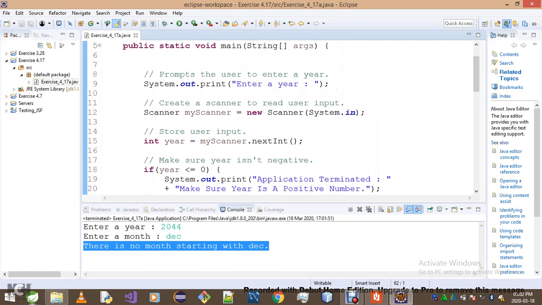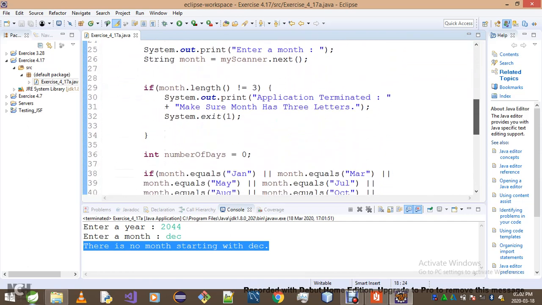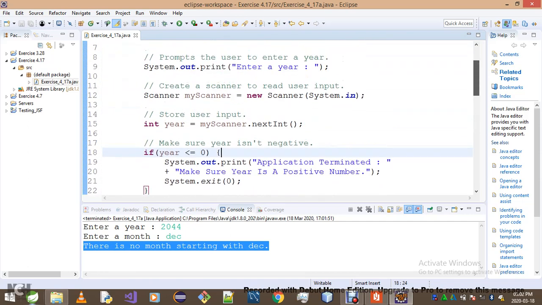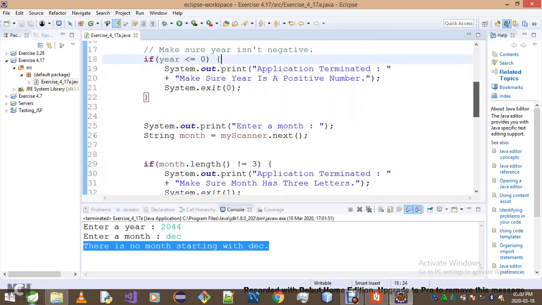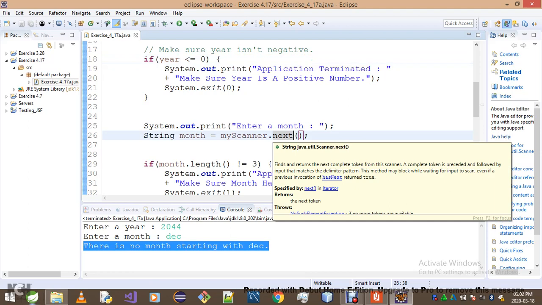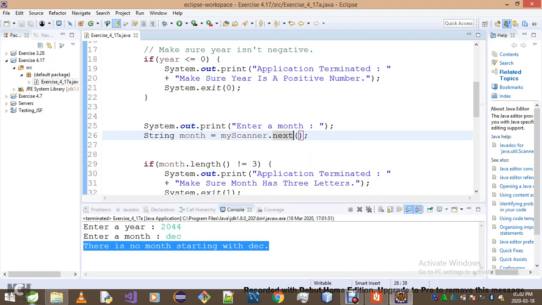You remember I told you guys to make sure that you use .next as opposed to .nextLine for your month. Now, why is that? In order to better understand what's going on, you've got to understand how your scanner works when it comes to reading things. It could be your file, it could be your keyboard, or your string, anything that the scanner reads. If I decide to go nextLine here as opposed to .next,